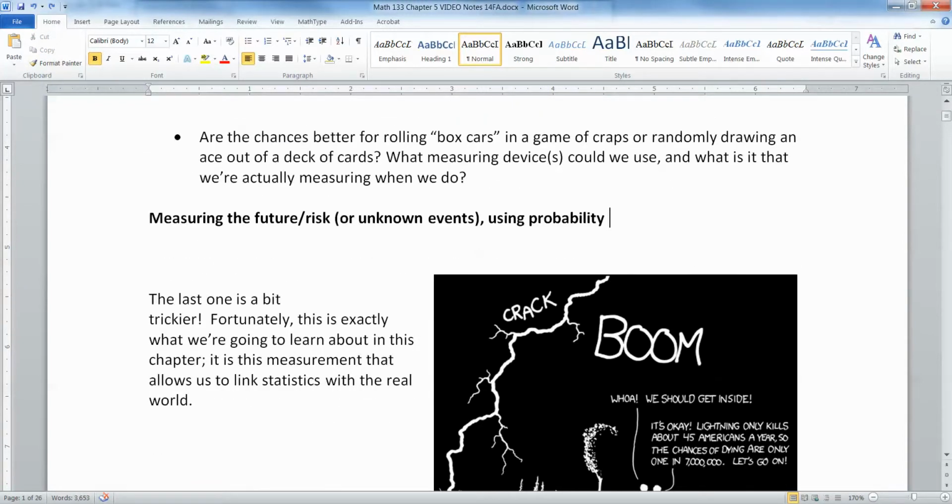And that makes it quite tricky to think about. It makes it difficult for us to process. And this is what we're going to learn about in Chapter 5. Sometimes we use how the die is built or how the deck of cards is built to be able to figure things out. And sometimes we use past data to make inferences about what that future is going to look like. So those two types of probabilities are going to go hand in hand with us through Chapter 5, and then through Chapters 6 and 7, because we work with probability for a few chapters here.